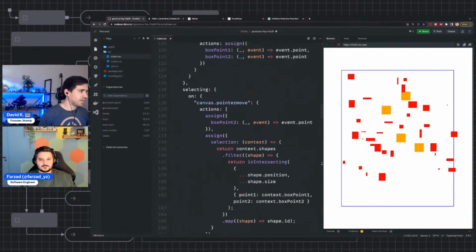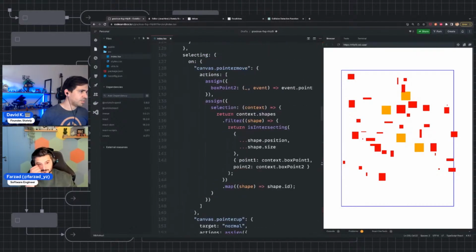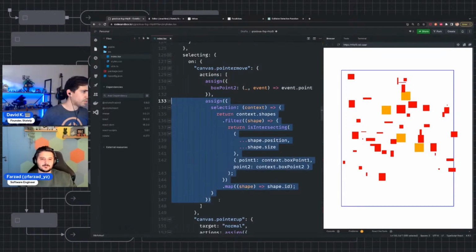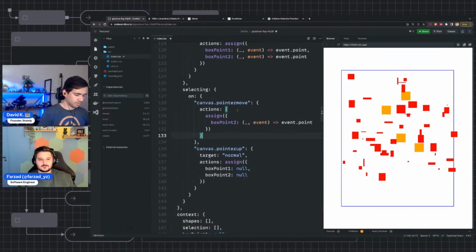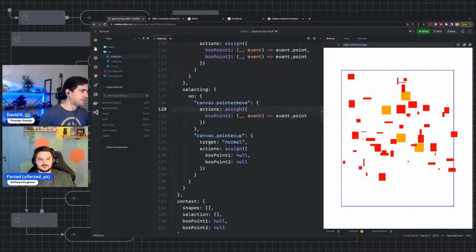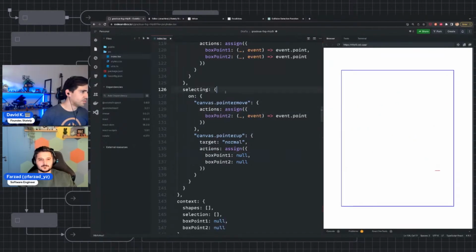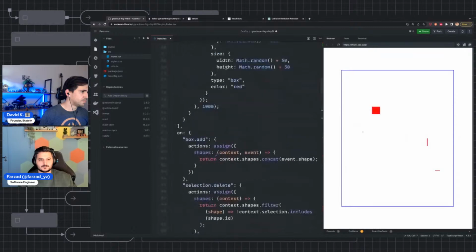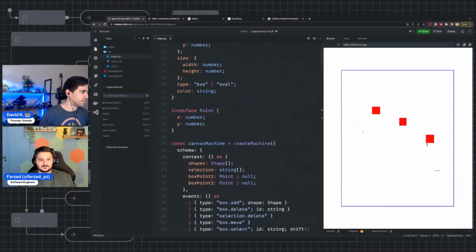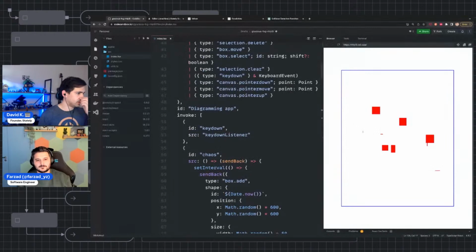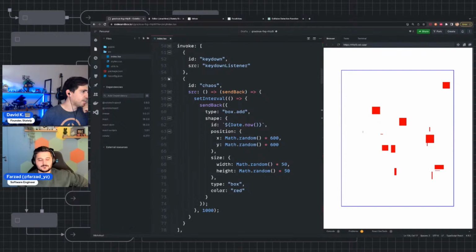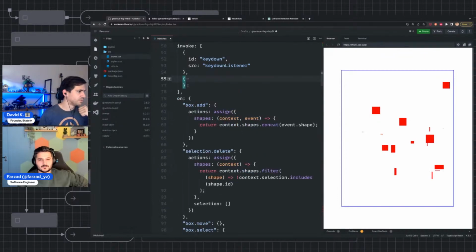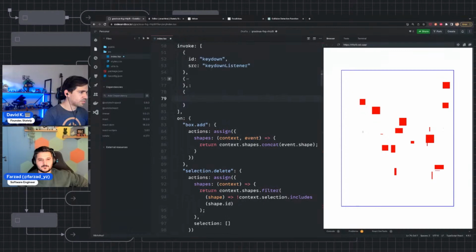And so that's why we have canvas.pointerMove. Instead of that, we could really move that to something else. So we're going to keep this assigned over here. And we are just going to add this tick over. Trying to think. Okay, so we have chaos. Let's add one more. And this is just going to be ID